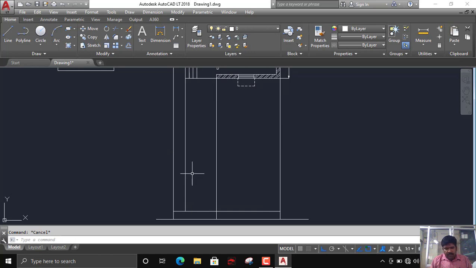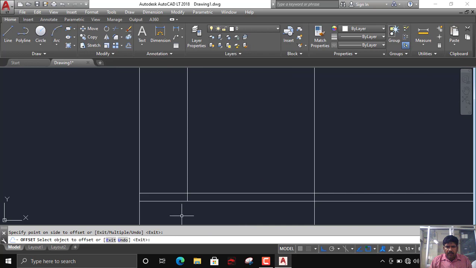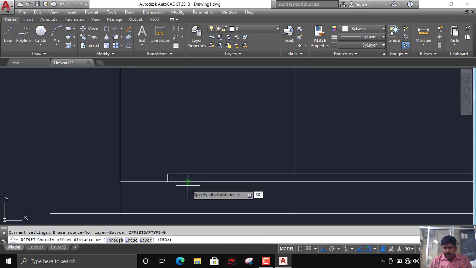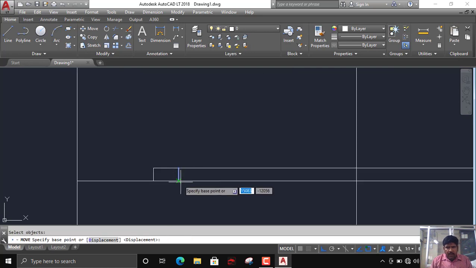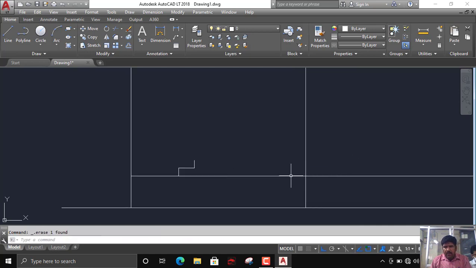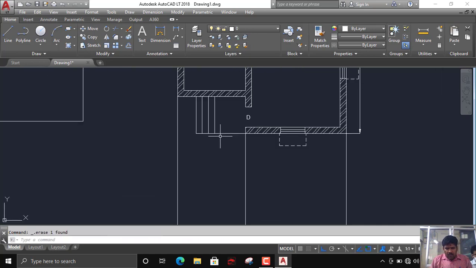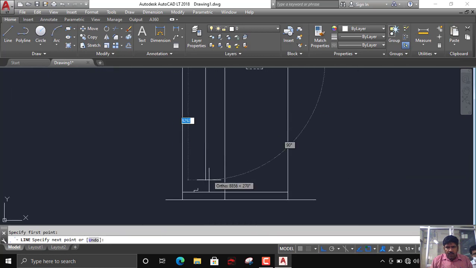Offset of say 150, offset of 300 mm here, up to what level you have steps.